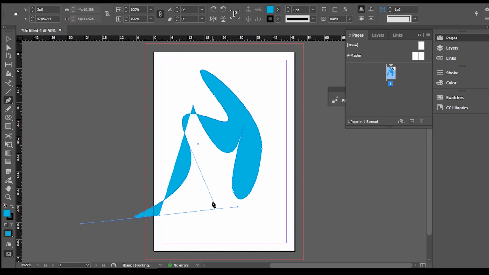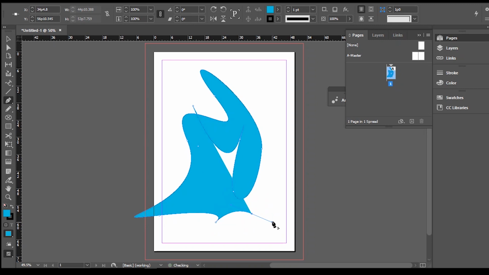Now, for how to use the pen tool, you could just create an anchor point, and you drag the anchor point the way you want to drag it. Okay, so when you discover that maybe you don't need this part of the anchor point,